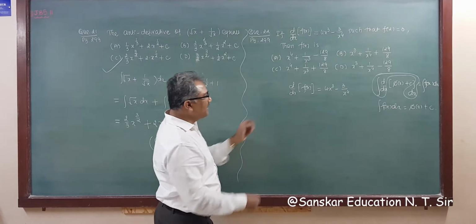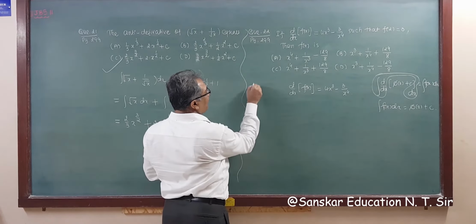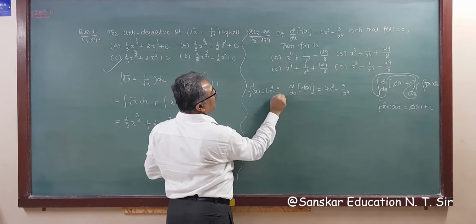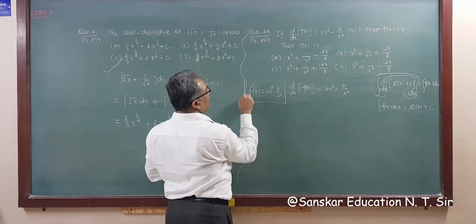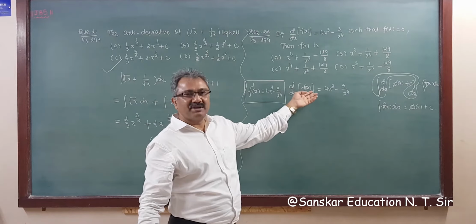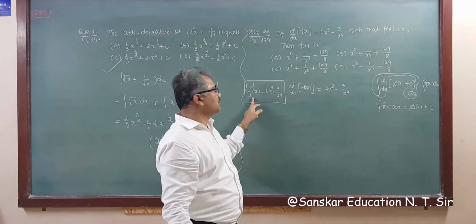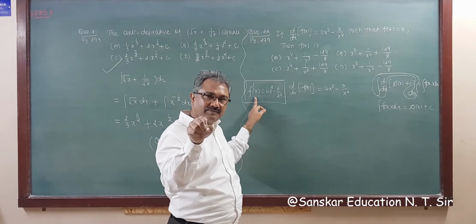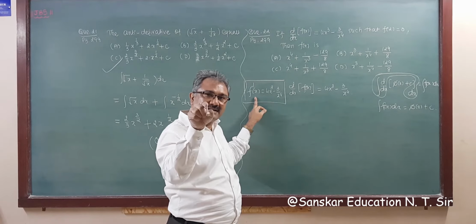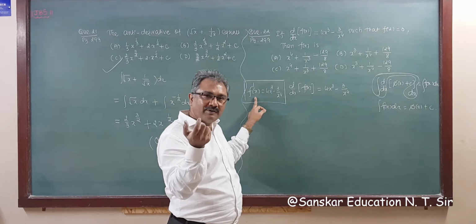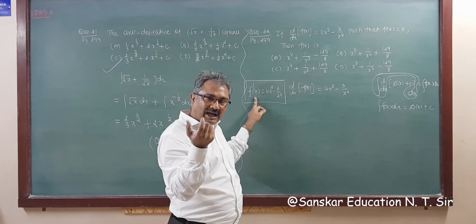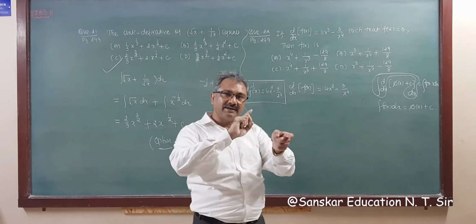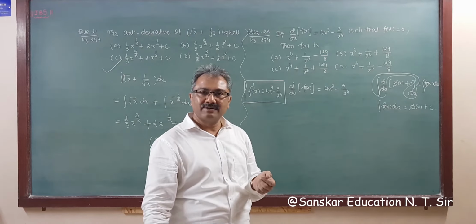Sometimes this can be written like this: f dash x is equal to 4x cubed minus 3 upon x raised to 4. They also give it like this in exams. Same thing. This is d dx of fx. So when the derivative is there and you want fx, you have to integrate that function. And when integration is there and you want the answer of fx, then you have to differentiate that function, because differentiation and integration are reverse processes, right?